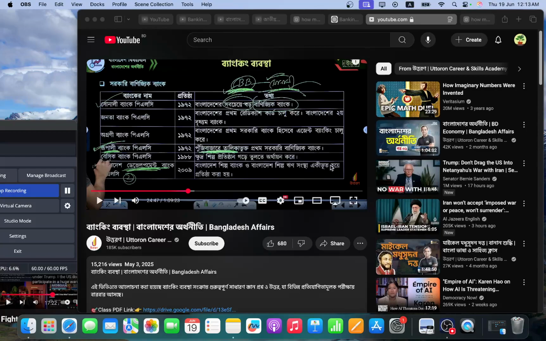Basic Bank, small commerce. So I think this is in a wretched state currently, according to the person who's teaching. And then there's Bangladesh Development Bank. We broke down two banks and created this one, Bangladesh Development Bank. So there's Shilpo Bank and Bangladesh Shilpo Rin Sangstha merged together. Okay, Development Bank.